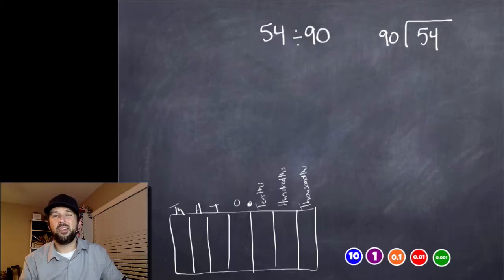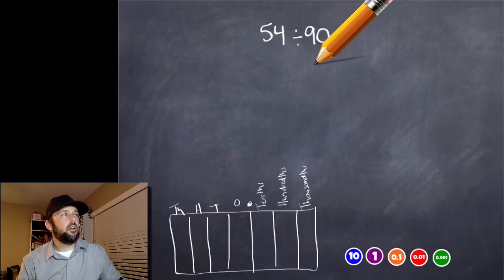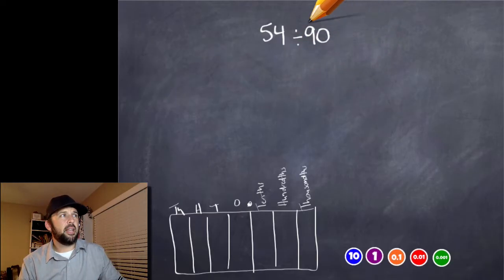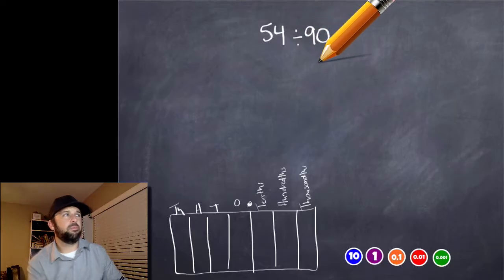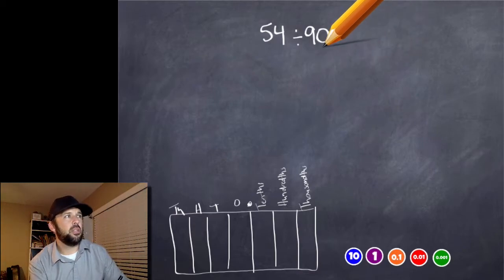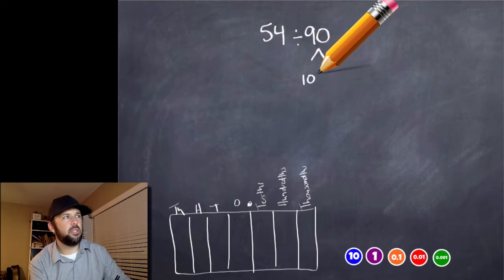But we could still do it. We could still figure it out. It's not bad. So what I'm going to do is think in terms of multiples of 10, okay? Can I take this 90 and turn it into 10 times something? So I can still get that 10 out of it, kind of like break it down. Yeah, I could totally do that. I can take this 90 and decompose it into a 10 and a 9.